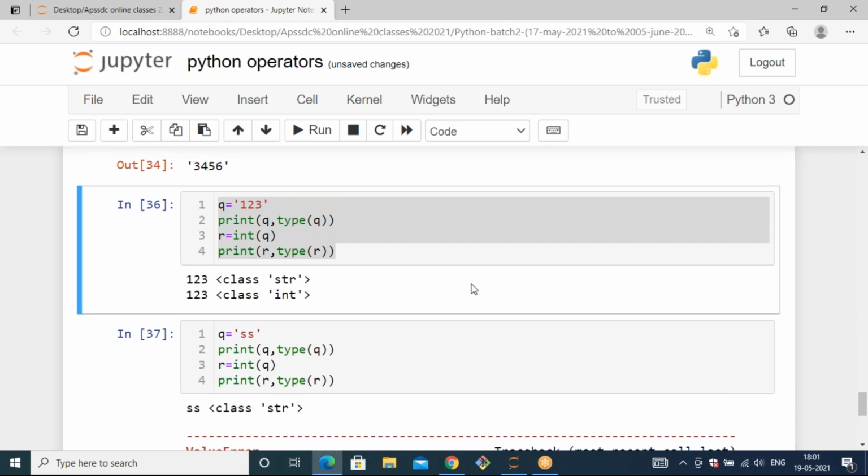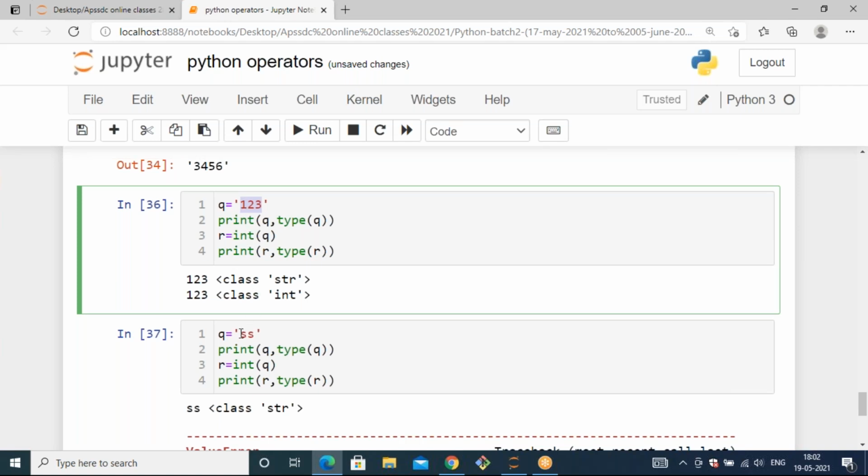Okay. So the agenda is to convert string data into an integer. It is possible when you have string data as numbers, because we can define a string with a combination of numbers also. So whenever you have a string as numbers, in such cases you can easily typecast your string data into an integer like this.